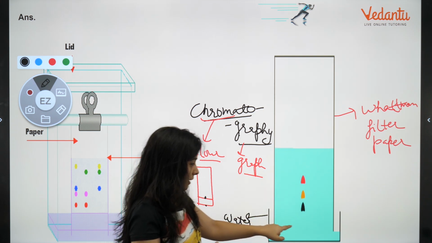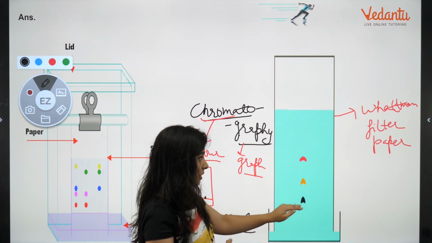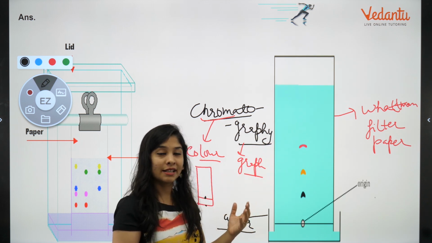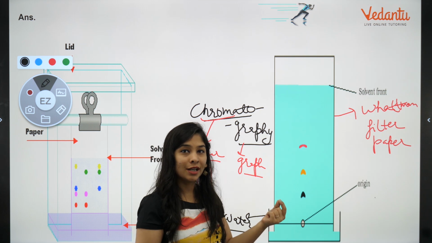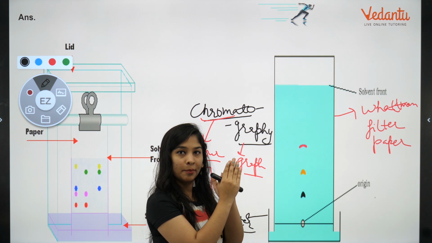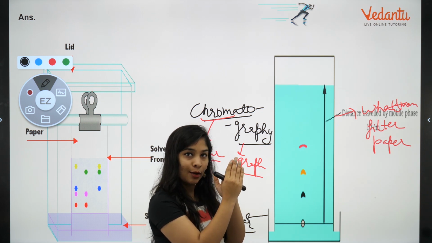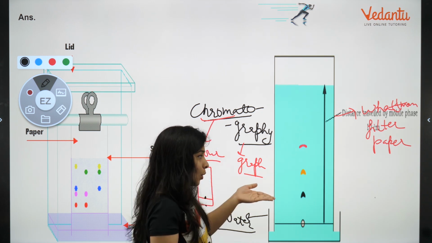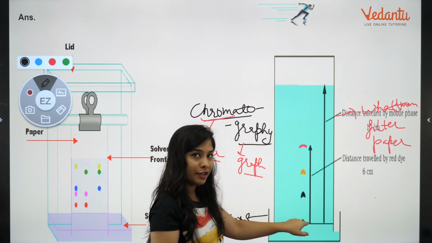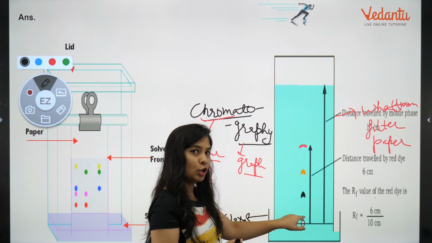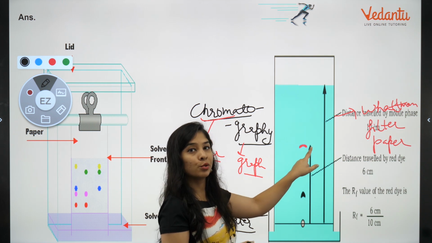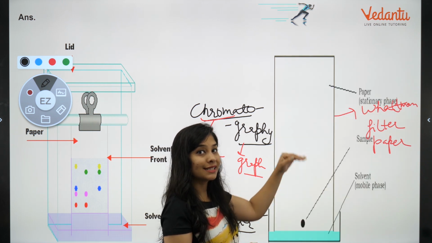Suppose you can see there was a mark. So after some time, the solvent is rising on the paper. Now why is the solvent rising on the paper? Solvent, which is water, has an absorption towards paper, meaning the paper can absorb water. So water is rising and rising, and when it reaches the point where the dye is present, all the soluble components will also rise with it, because they are also soluble in water. They also want to rise, but they can't rise to the same height.